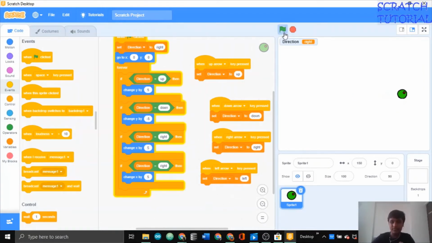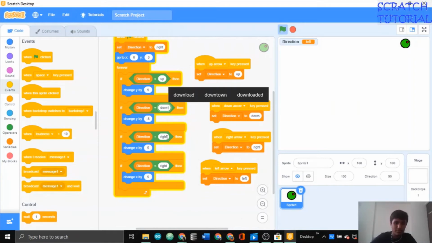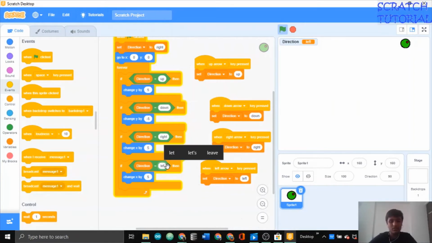So now let's see what happens. It's going right. Oh, there was one mistake, a spelling mistake. Direction to down, right, and here left. Okay, now let's see. I am pressing the keys. Oh, and here -5 was left to right. Okay, let's see. I am pressing the up key, left key, right key, down key, left key. The snake is moving, but actually in the snake game, the length of the snake grows as it